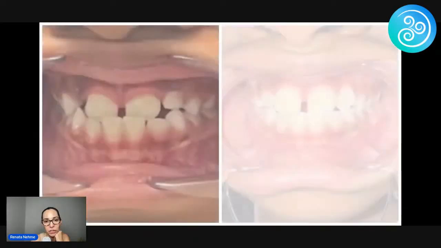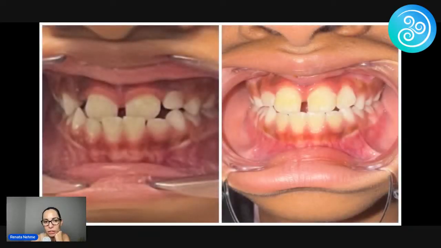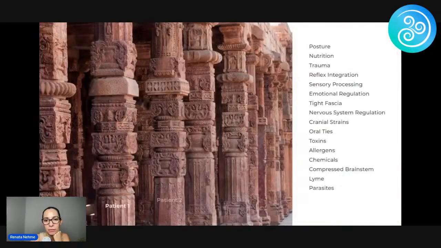But this is myofunctional therapy. What else do we do here? She had adenoids out, lip tie and tongue tie released, and we're starting palatal expansion now. Every patient is different. So there are so many things that you guys are going to learn in this course, mainly how to do a really good evaluation in a patient, and then how to treat somebody for a tongue tie release.